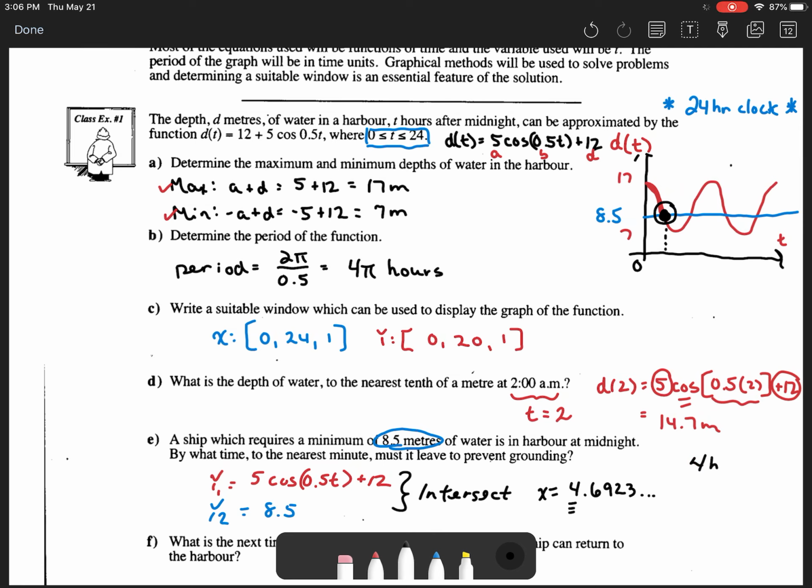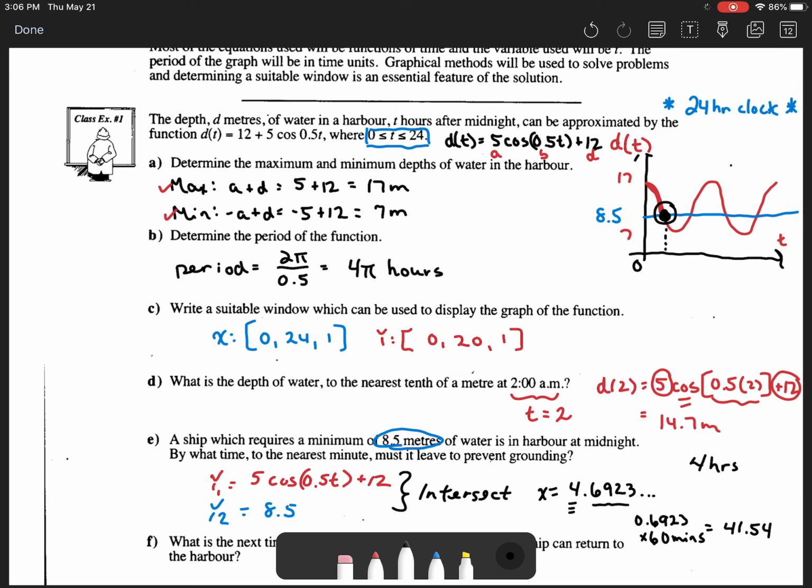So this 4 that I'm underlining is 4 hours. What I need to figure out is what the 0.6923 is in terms of minutes. So you're going to go 0.6923 times 60 minutes, okay? And that'll tell you how many minutes of an hour that is. So when you do that, that gives you